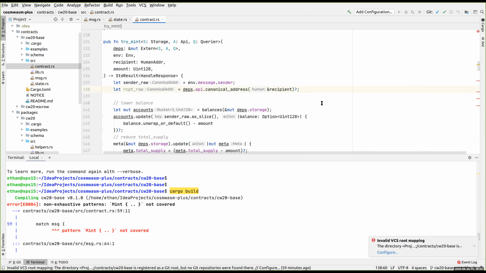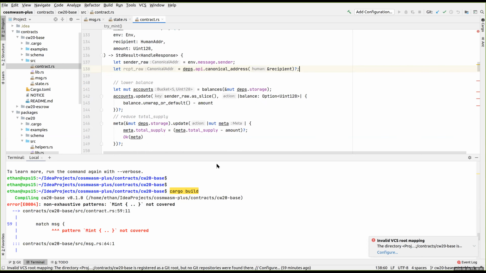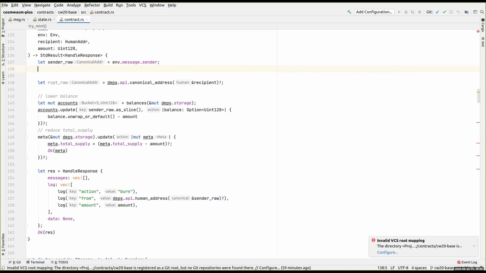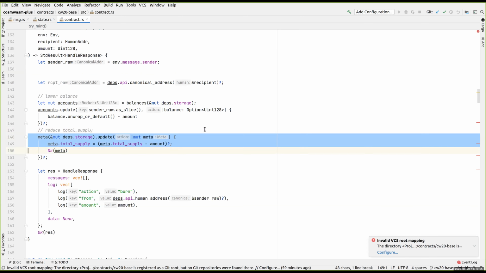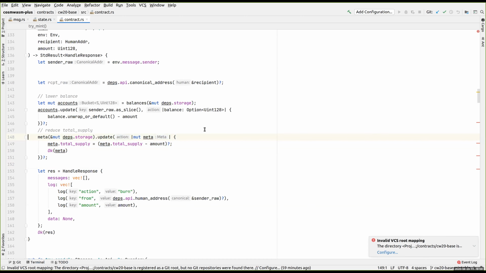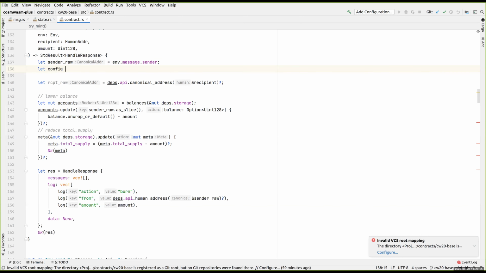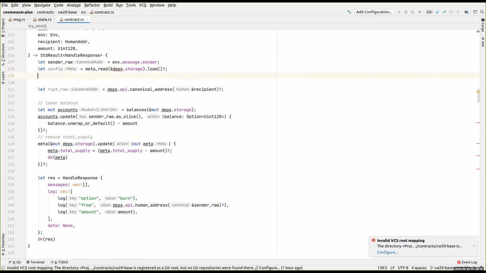We're going to now, I've copied this boilerplate. We're not going to use this stuff here actually, and this code is more or less to have a template to look at. The first thing you want to do actually is make sure it is the ones allowed to do it, right? So let's load the metadata first. We'll keep this for a while. So we're not going to use the update here. We're not using the update because we want to actually have this around the whole time. And it'll never actually interfere because it's not in a different bucket. So we never actually can interfere. They're different keys. So we can do, let config equals. So load the config, right? And now if the config dot